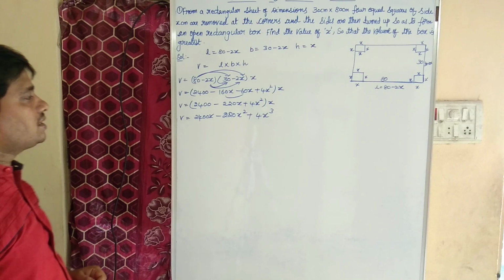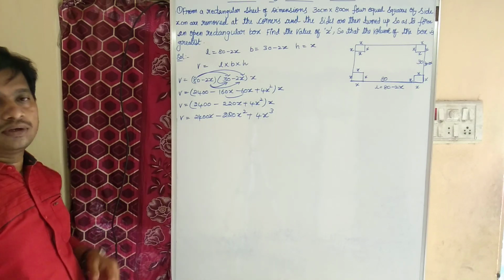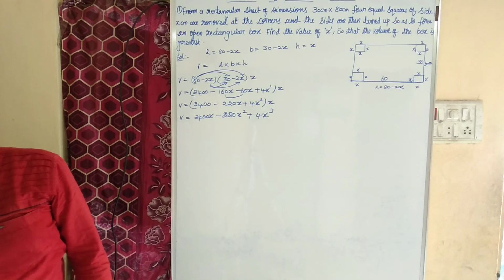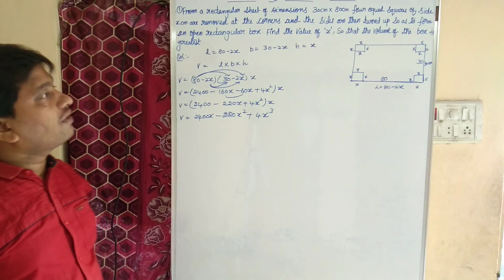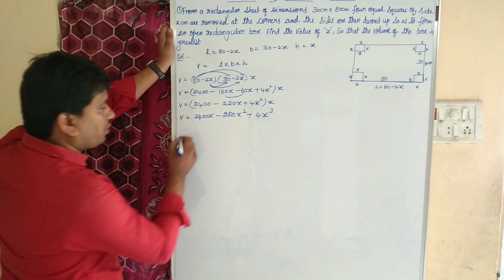So our volume is 4x cube minus 220x square plus 2400x. Right? This is our volume. Now what are they asking to find? They are asking to find the value of x so that the volume of the box is greatest. Okay. What we need to do here? We need to differentiate